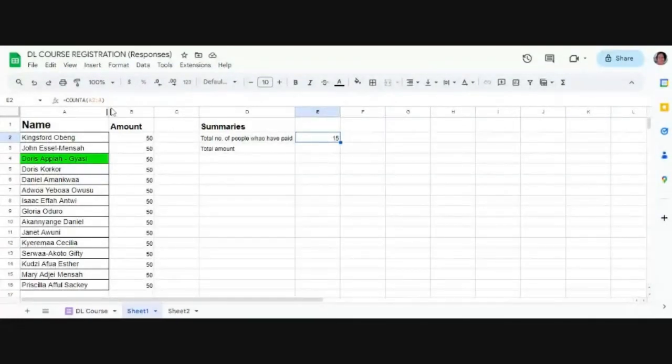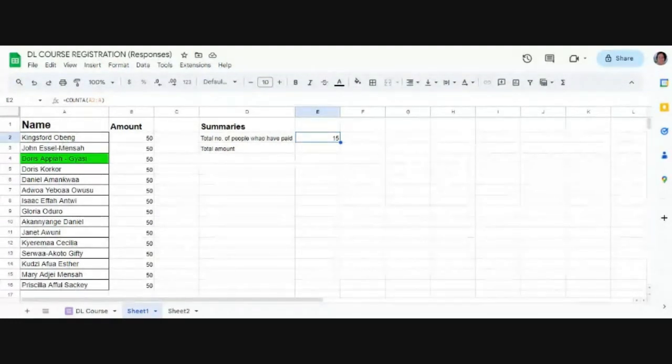After that, you say A2. A2 is where you want to start the counting from. So I want to start counting from column A, row 2, which is Mr. Kingsford Obin. So the counting will start here.